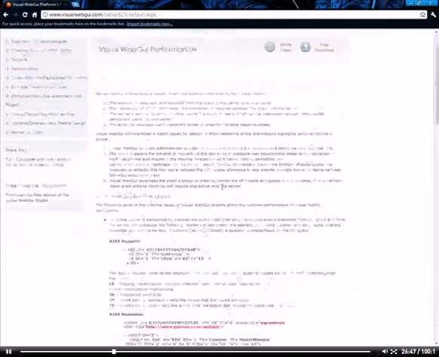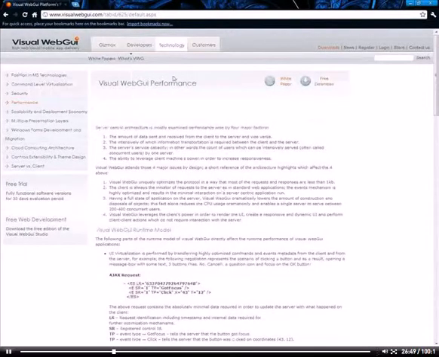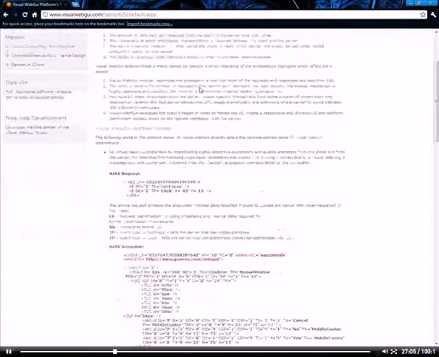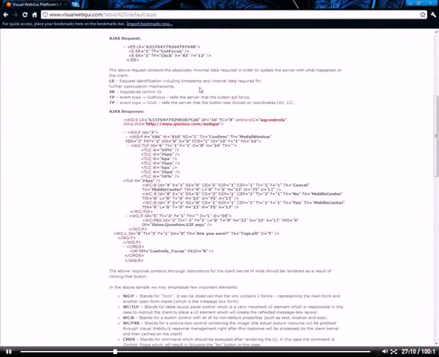This page is a page of our website inside the technology tab of the main view of the website. In this page you can see a detailed explanation about Visual Web GUI performance, but what I want to show you currently before I go to the demo is a sample of an XML. I'll show you how to be able to retrieve it on a Visual Web GUI application. This is all very easy to do. Basically what you're seeing here is